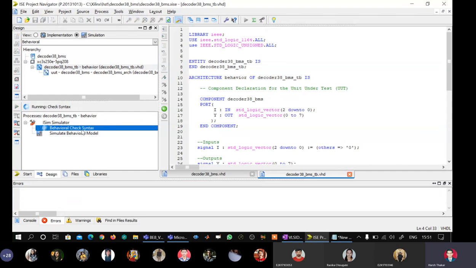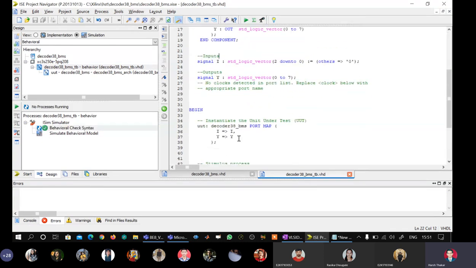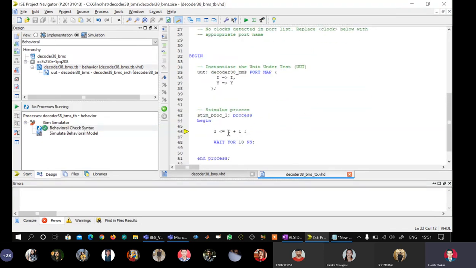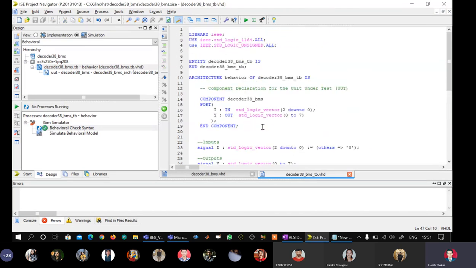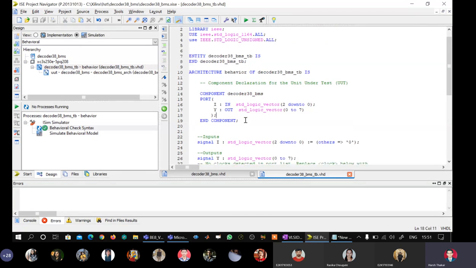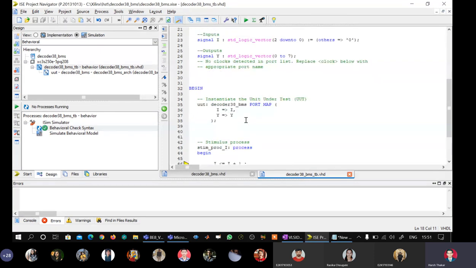Okay, check syntax is coming. Very good. So when I wrote I is assigned I plus 1, I is of the type standard logic data type, and 1, because it is not enclosed in single quotes, is taken as integer. So automatic type conversion is done between standard logic data type and integer if I simply add this particular library statement, use IEEE.std_logic_unsigned.all. So now my test bench program is correct. Now I'll just say simulate behavioral model and let us see if we get the correct waveforms.